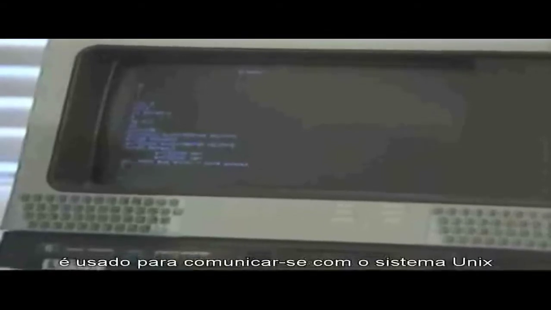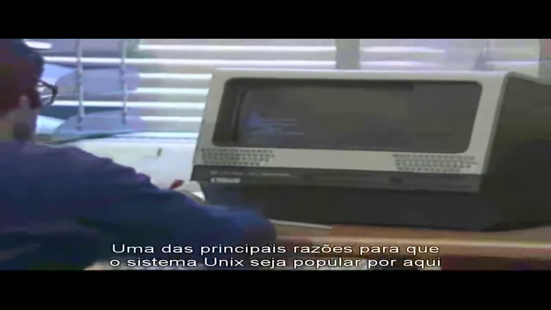The Unix system started out as a two-man effort, and by now it's used all over Bell Labs. We have close to 20,000 computer terminals in this company, roughly one per employee, and most of them are used for communicating with Unix systems. One of the main reasons the Unix system is popular around here is because it provides graceful facilities for decomposing complex computing tasks into simple subtasks.